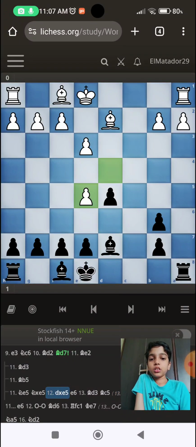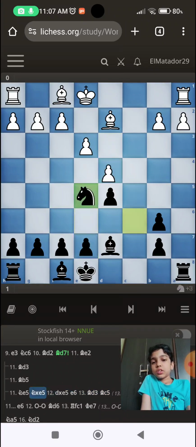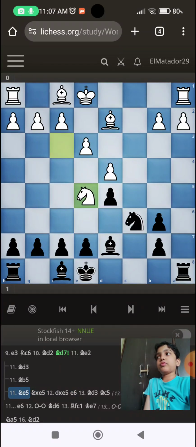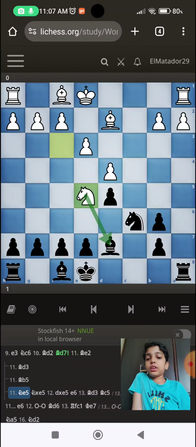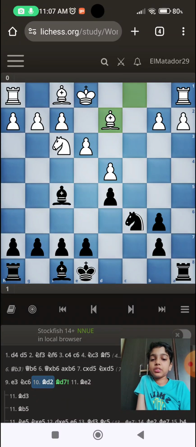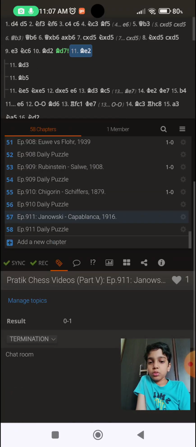And here after e6 the position is just about even, and white's plan is to play knight into d7 and then continue this game with a two bishop advantage. That was a good one, but he played bishop to e2